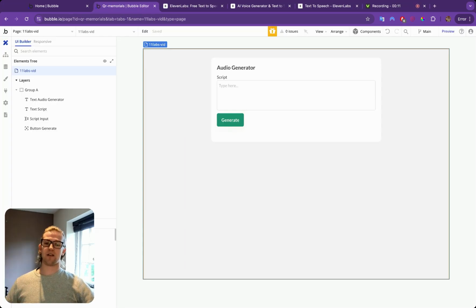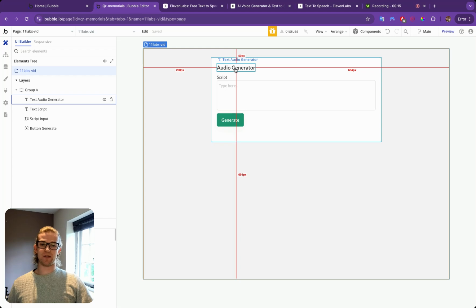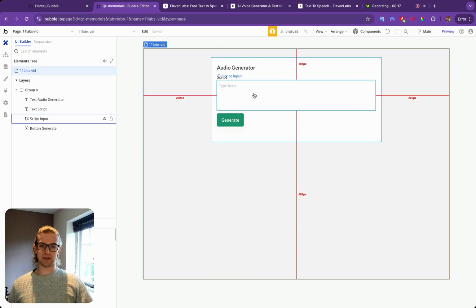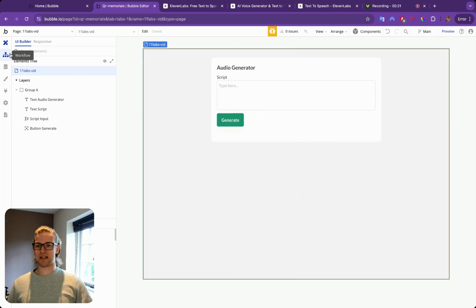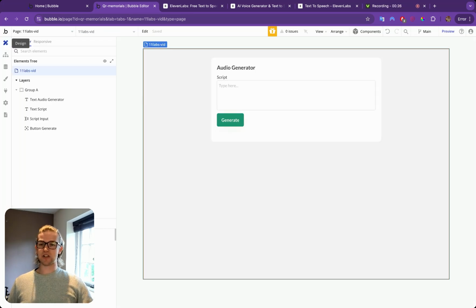Okay, so we're in our editor within Bubble. And as you can see here, we've just got a very simple page with a title and a little subtitle, a multi-line input, and a button. We do not have any workflows or anything. It's just blank. So the first thing that we're going to want to do is to set up the API